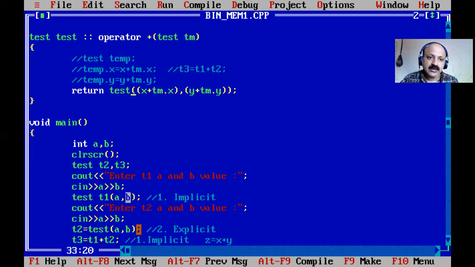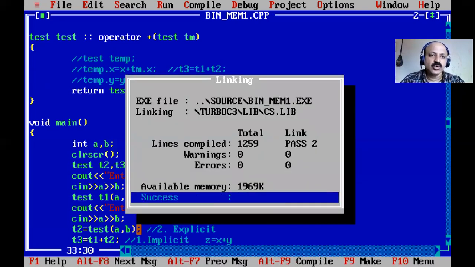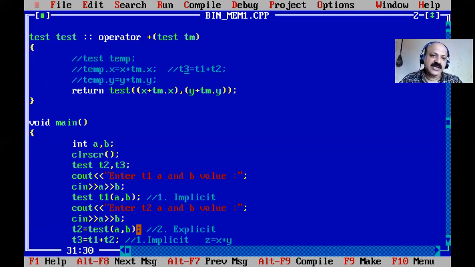Same way here there is no name, that is known as a nameless object, and that is the first argument and that is the second argument. So all are summed and assigned to T3, our object, that is a handler. So yes, now I think there is no error. Yes, so that is a very concise technique.